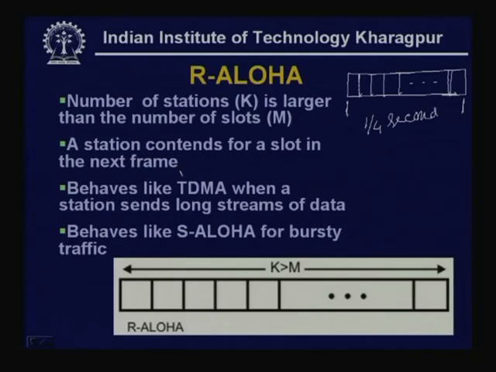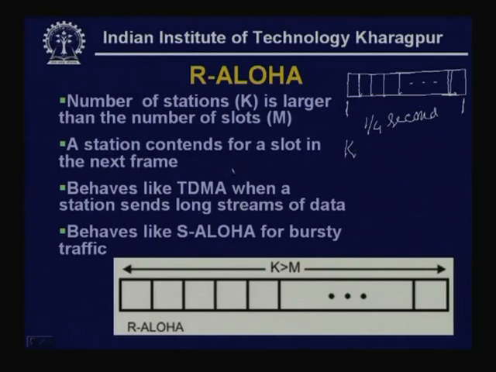The situation is that the number of slots is smaller than the number of stations, that is, the number of stations is larger than the number of slots, and it works in